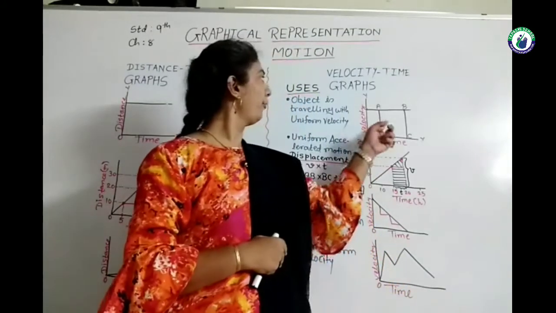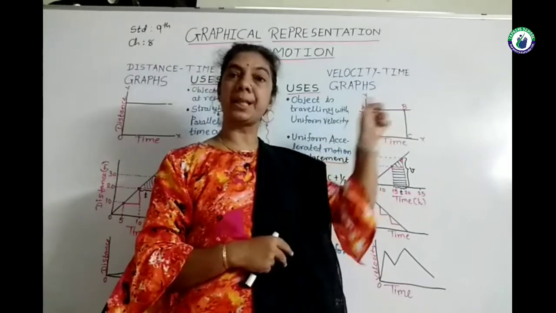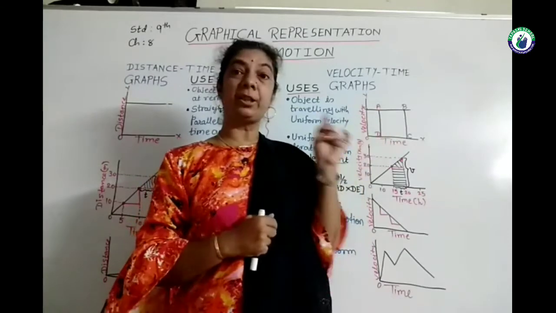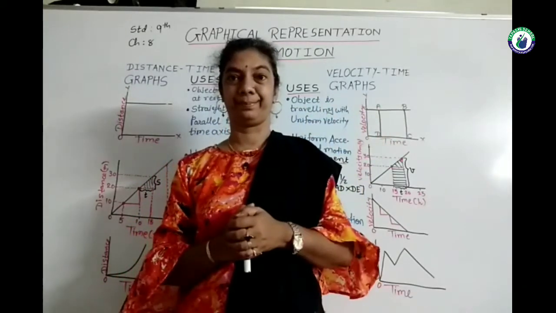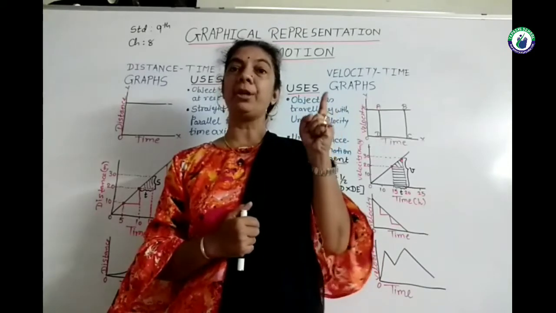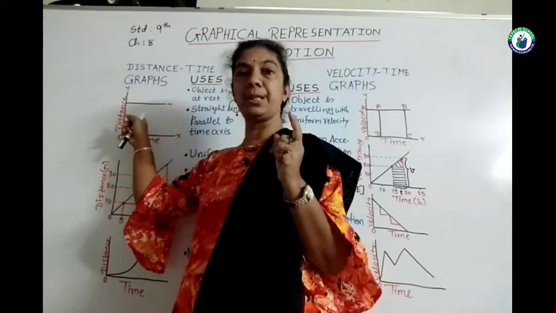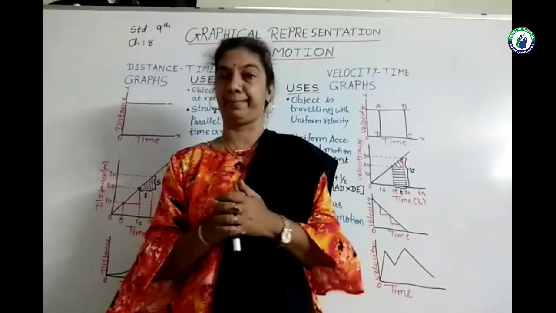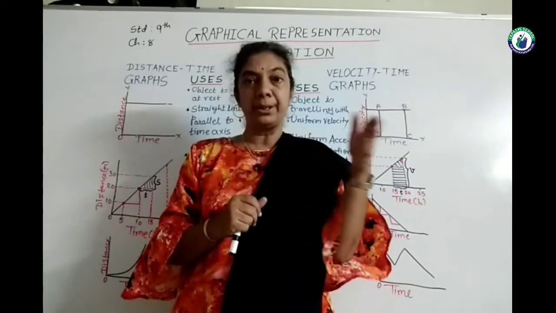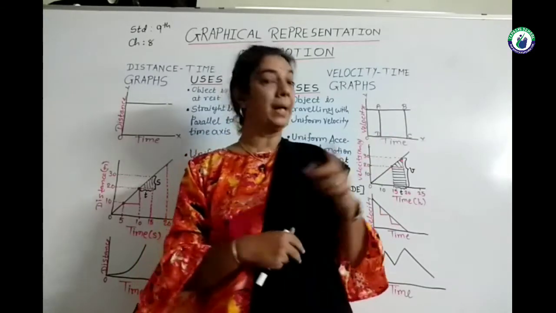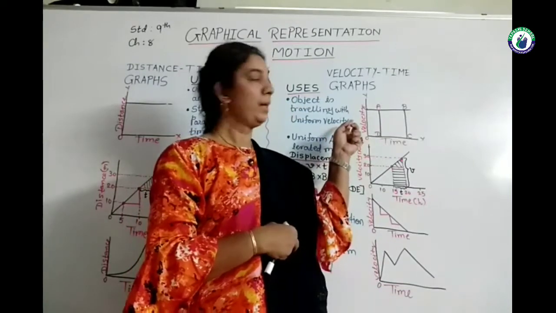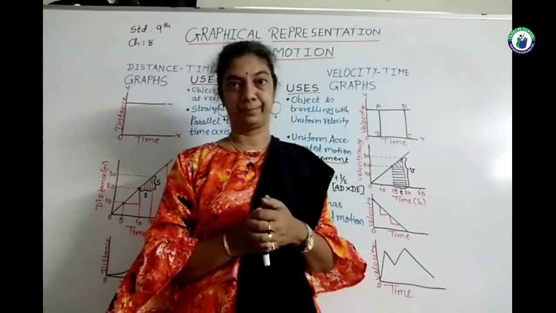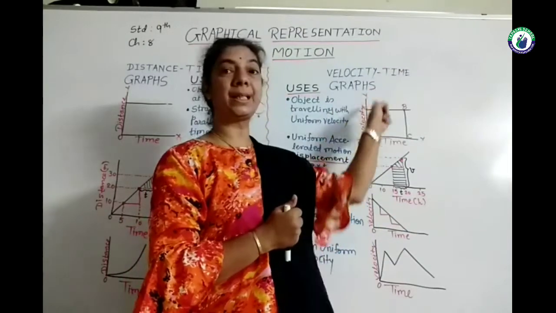We have the same type of graph for velocity against time also. There we cannot say that the object is at rest. Because the quantity on the y-axis, here it was distance traveled, shows the same line, meaning no more distance has been traveled in the given time interval. But over here, this straight line is parallel to the time axis, as it is a velocity against time graph.